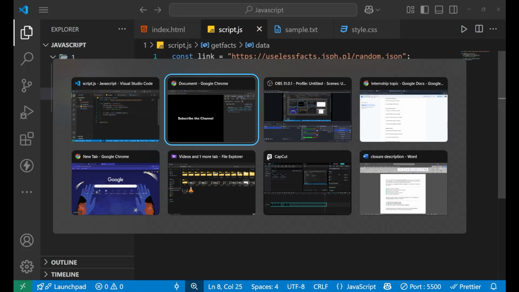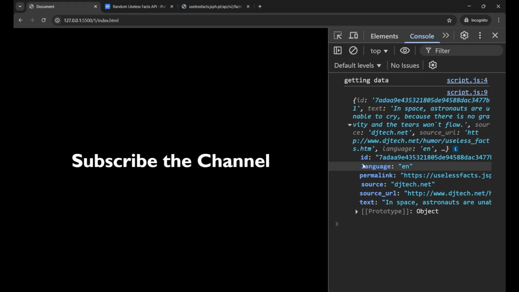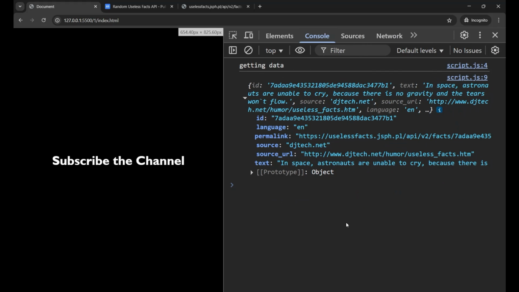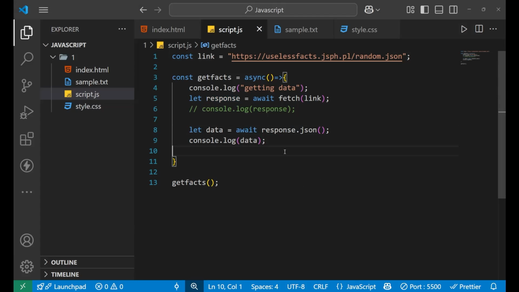So if I go into my console now and check, you can see that what I'm getting is this: the ID, language, permalink, source URL, and our text. This is what we were searching for, right? So every time you use your fetch function, first you will use async await, and after that you will fetch with the help of the fetch function.